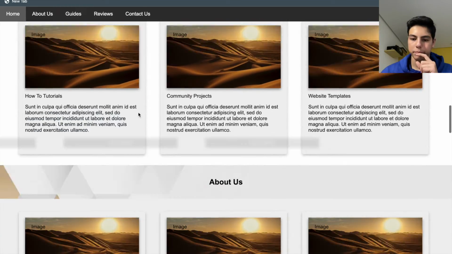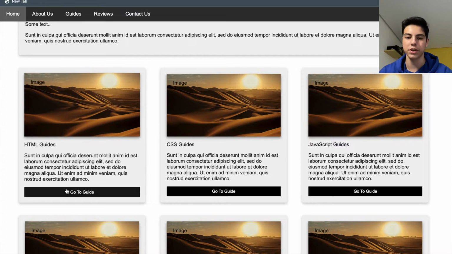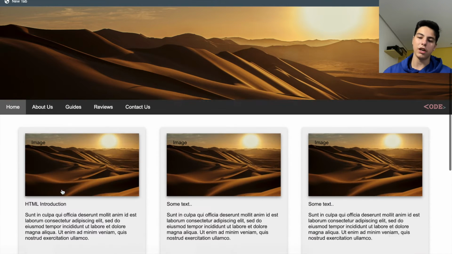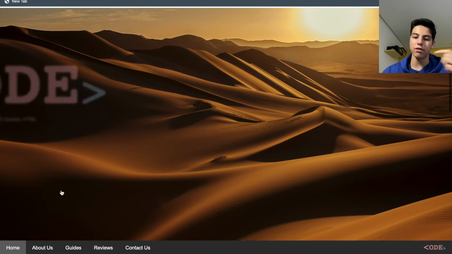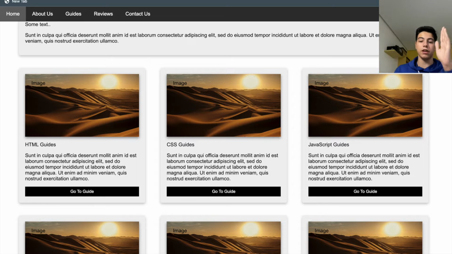Oh, so we have to look at the guides here real quick. Again, here you would change the text and everything, but for example, HTML guides, I only made one example so you could see how it would look. So you would have a bunch of these, right? It has kind of a 3-step design. You have the main page, which is the one that we're on right now. Then you would click on one of these, and it would take you to a separate page, and that's where you would have